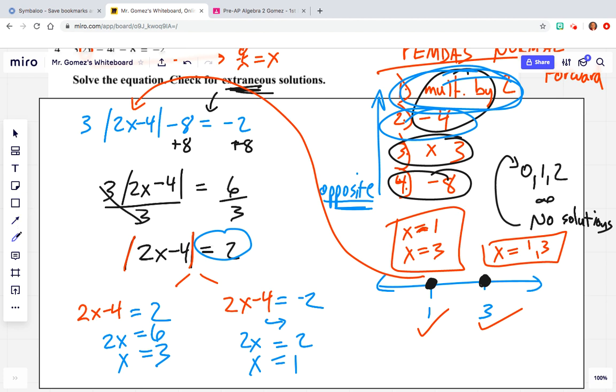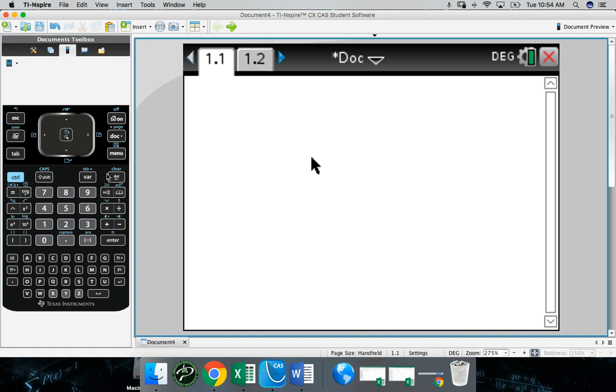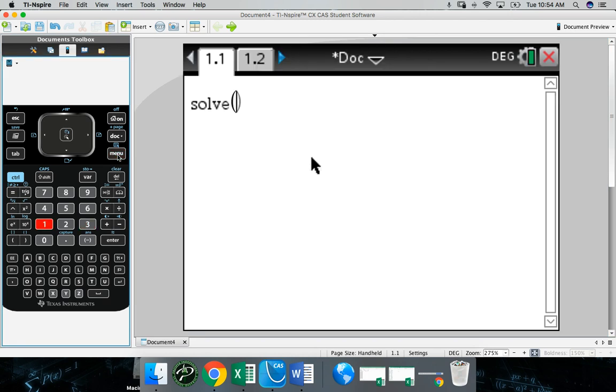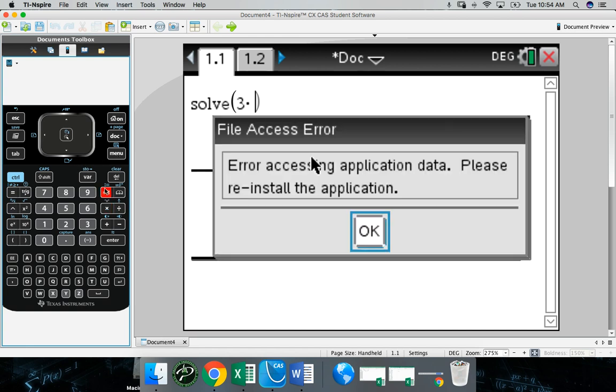Just for instructional purposes, I'm going to quickly show you on the calculator how you can check this and what it looks like, because you do have a calculator portion. But again, please make sure that you can do these both with and without a calculator. So we could say menu 3, 1, and we're going to solve when 3 times the absolute value, oops,